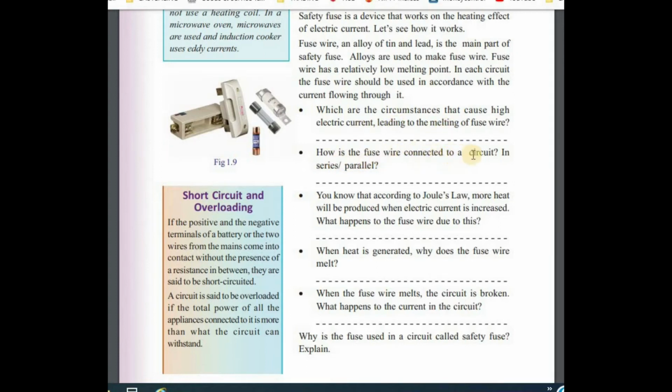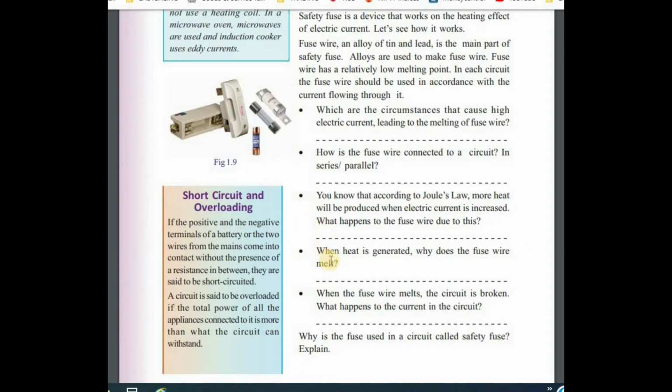How is the fuse wire connected to a circuit? You should remember this point, it is connected in series. You know what, according to Joule's law, more heat will be produced when electric current is increased. What happens to the fuse wire due to this? We already told that when a high current is passed, as Joule's law implies, the expression for heat is H is equal to I square R T. If I is more, then that produces more heat, which will lead to the melting of the fuse wire, and hence the circuit is saved